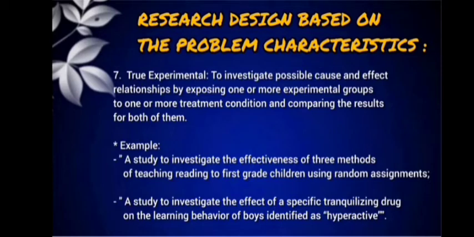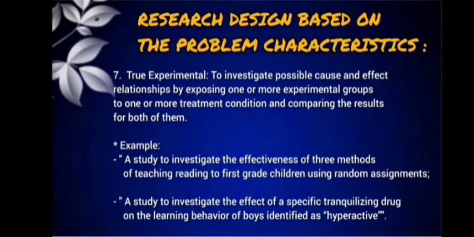Number 7, we have true experimental, to investigate possible cause and effect relationship by exposing one or more experimental groups to one or more treatment condition and comparing the results for both of them. Example, a study to investigate the effectiveness of 3 methods of teaching reading to first grade children using random assignments. Then, a study to investigate the effect of a specific tranquilizing drug on the learning behavior of boys